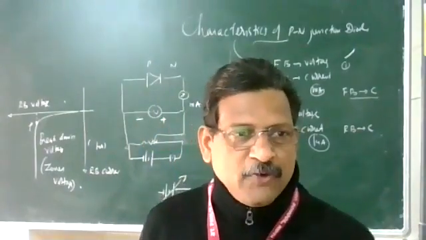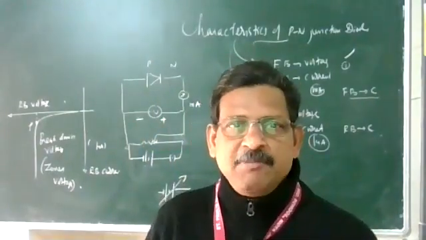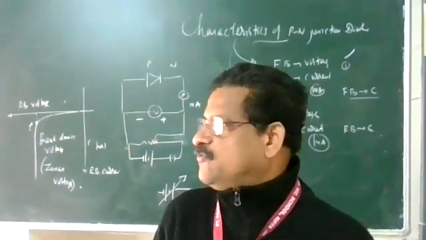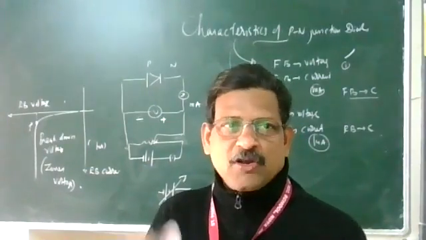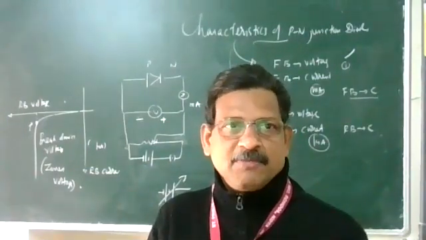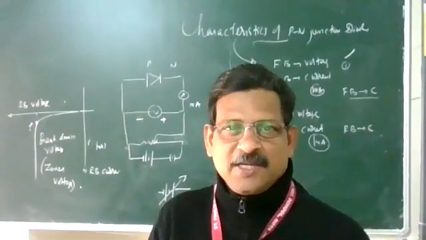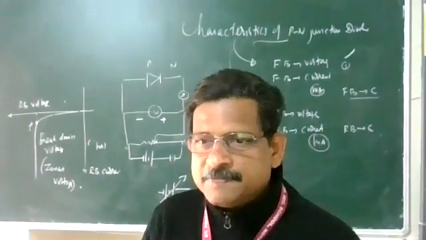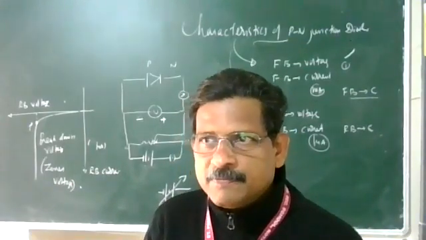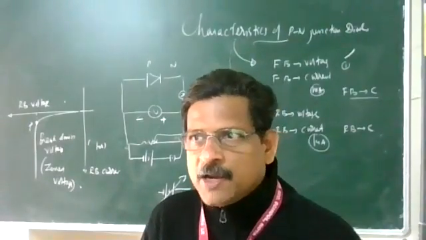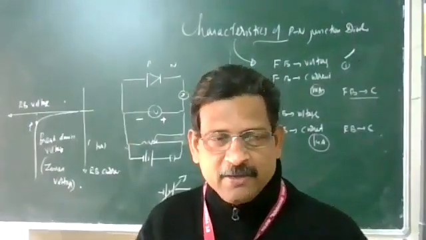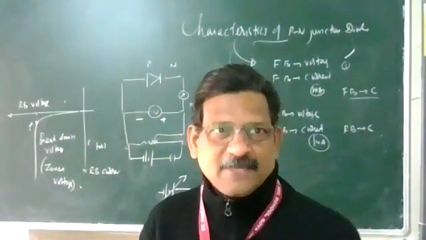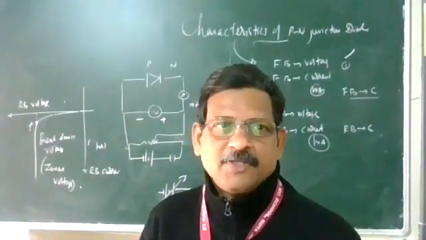And this phenomenon is very similar to field emission, which we explained along with the photoelectric effect. Can anyone remember what field emission is? Photoelectric emission, thermionic emission, secondary emission, field emission. Can anyone remember the idea of field emission? An electric field is produced, and if the electric field is very high, it pulls the electrons out from the metallic surface. That is called field emission.